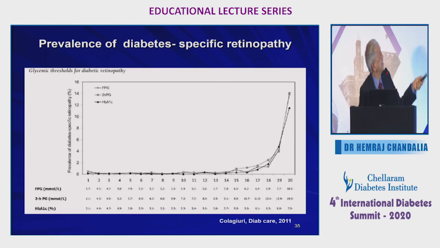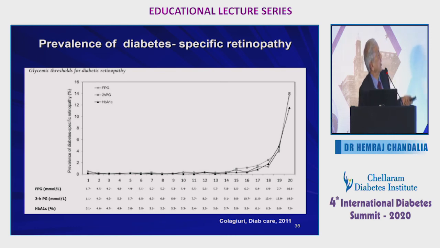How do you really decide what the normal A1C should be in people? And what is the complication, which I call a pure complication? Retinopathy is a pure complication of hyperglycemia. Myocardial infarction is not. Stroke is not. Because it is exactly the glycemia multiplied by time that determines the retinopathy and also nephropathy, but not the other macrovascular complications.